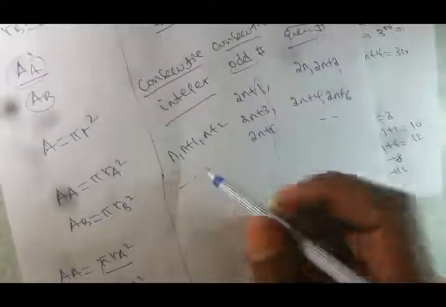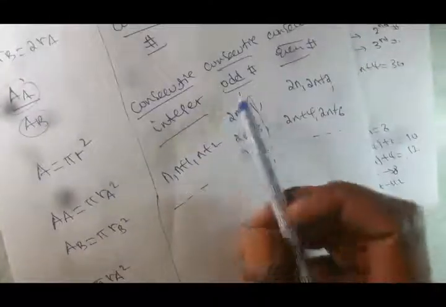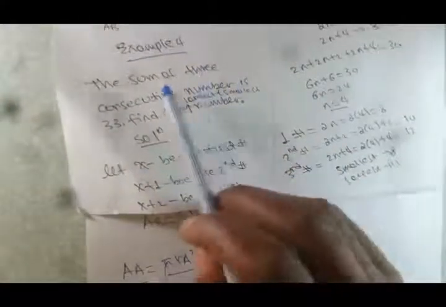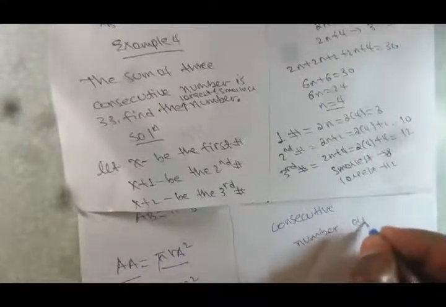So we will continue talking about consecutive integers, consecutive odd numbers, and consecutive even numbers. Let's start with some examples. The first example says the sum of three consecutive numbers. It does not say whether they are odd or even. So we use the first